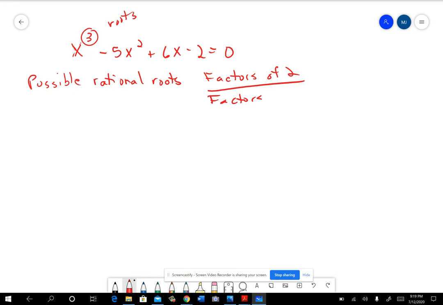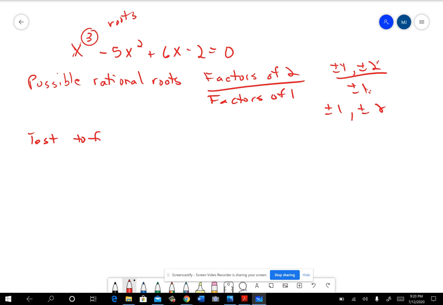Okay, well, I like that a lot better than the last one. So 2 only has plus or minus 1, plus or minus 2, and factors of 1 are only plus or minus 1. So you really only have 4 possible solutions, 1 over 1 or 2 over 1, and then plus or minus. So now you're going to test